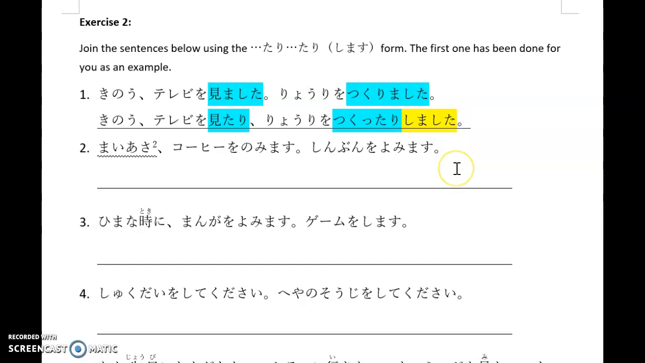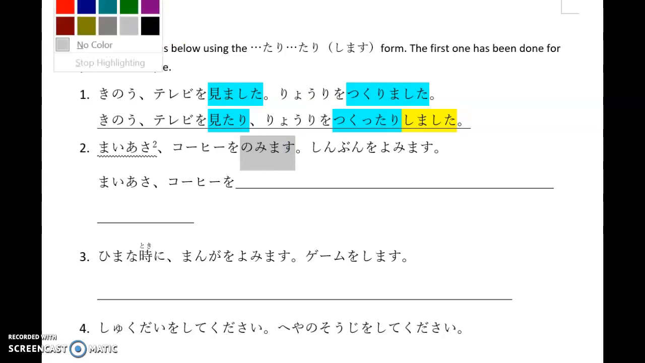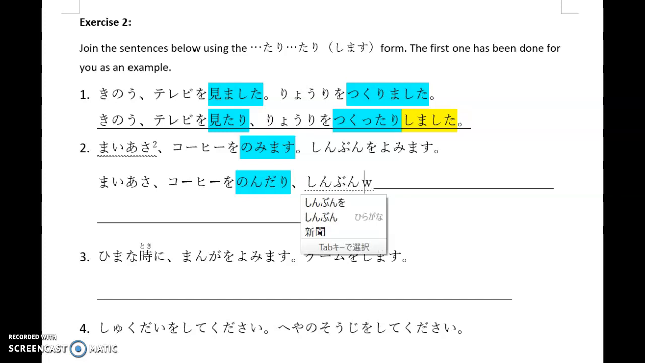Okay, so let's have a go at number 2. 毎朝 every morning コーヒーを飲みます。新聞を読みます。Every morning I drink coffee and I read newspapers. Now, to combine the two, you copy the sentence as it is. 毎朝 コーヒーを Now, 飲みます in the te form is, that's right, it is 飲んで and replace the de with da and ri. And that's it. コーヒーを飲んだり